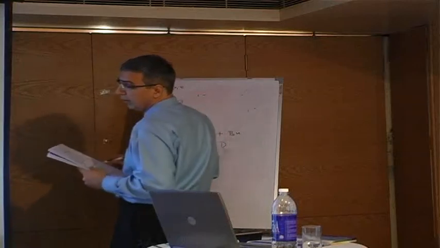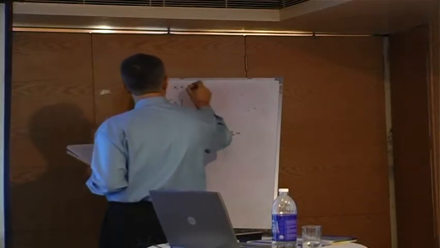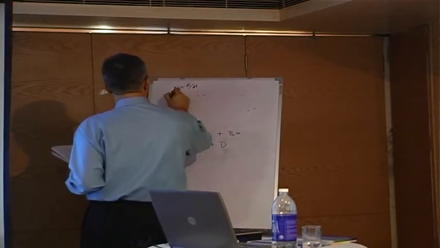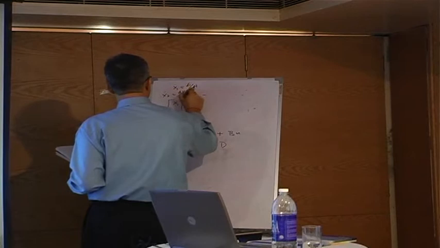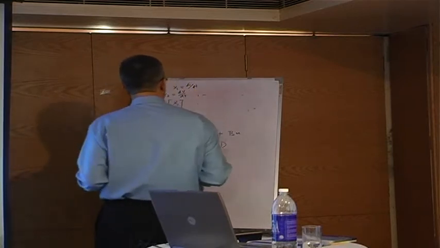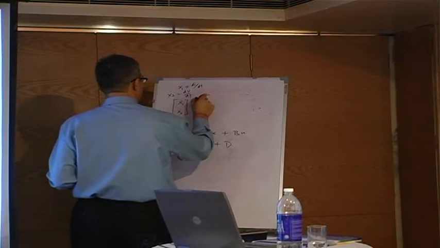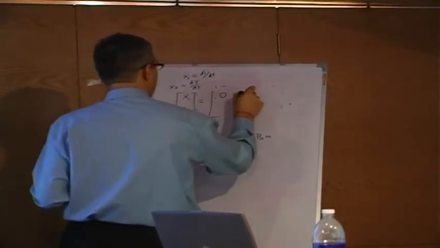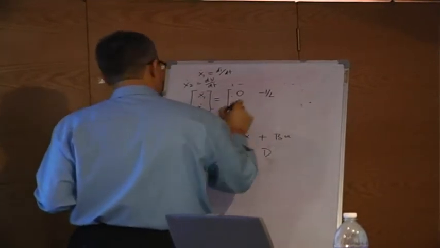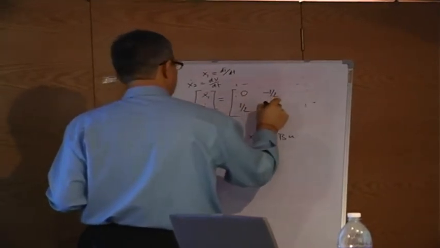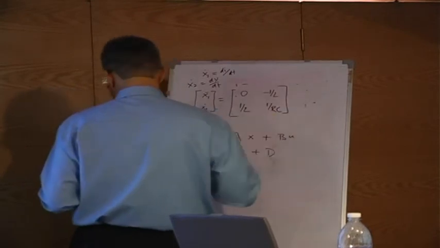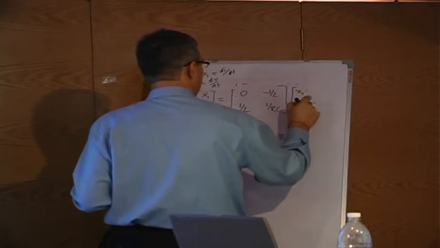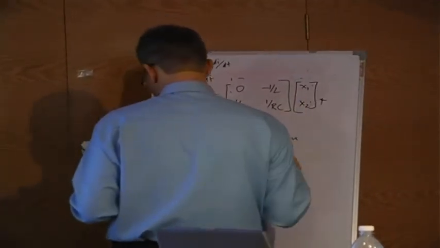Here, x1 dot is essentially di by dt. And x2 dot here is simply dv by dt. Okay. And I can write these equations in a matrix form, which is [0, minus 1 by L; 1 by C, minus 1 by RC] times x1, x2 plus